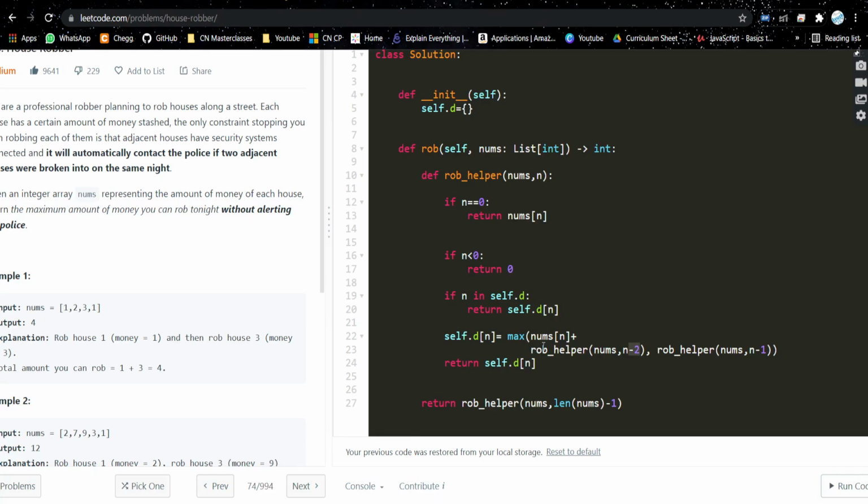It's the same case: either you take nums[n] plus the call for n minus 2, or you do not consider the current element and you take from n minus 1. Whatever the maximum of the two cases is, you will store it in the map and then return that value.